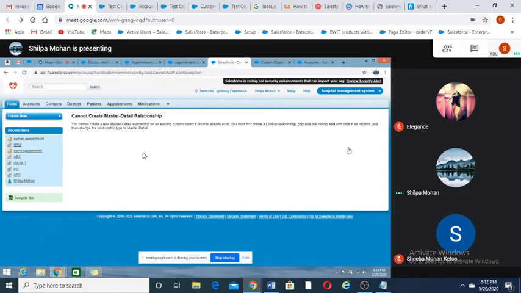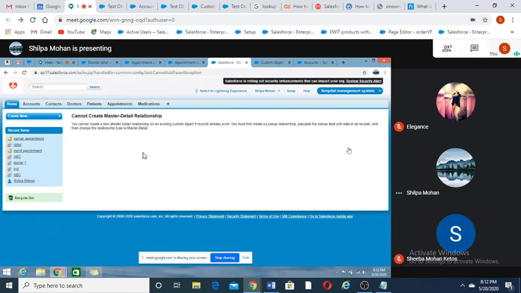That means just now in Suman's appointment, we have removed Rahul record, right? Rahul doctor. So it is saying that Rahul should be present in that Suman's appointment. Then only it will be converted into master detail relationship.